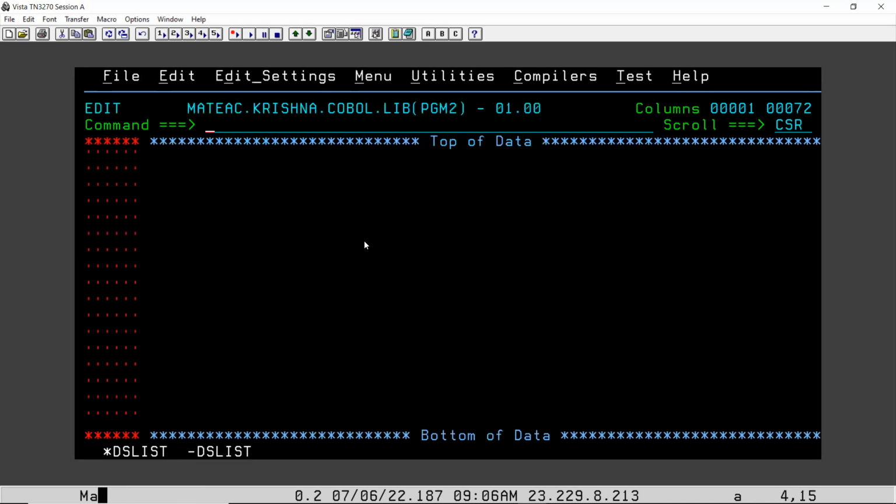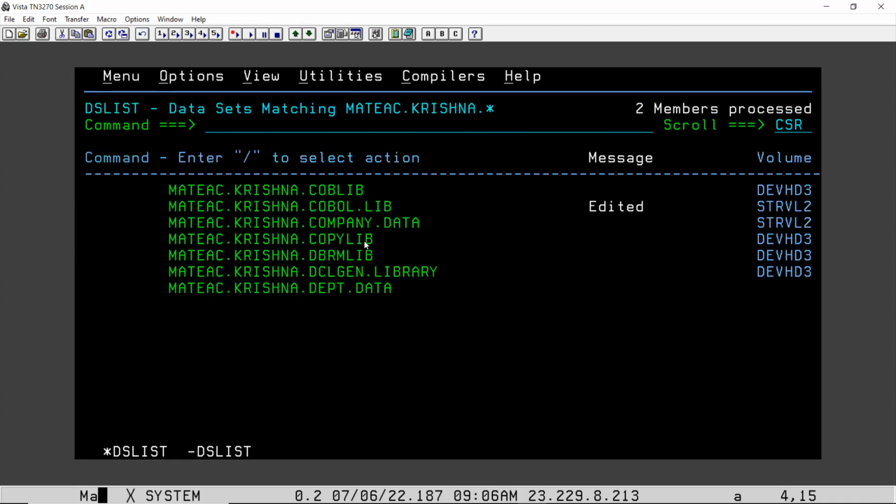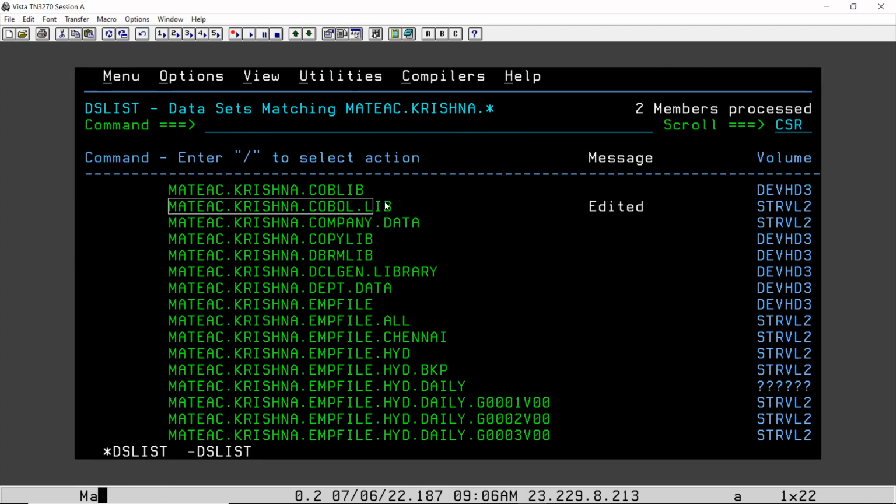Okay, so first time when you are creating a new member in this PDS library, we have to give it like this: edit, and in this bracket